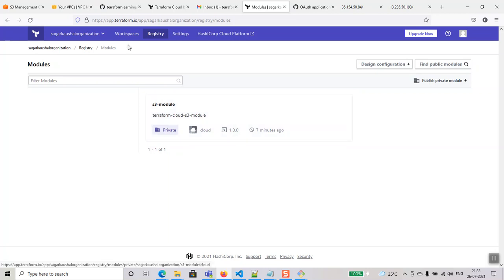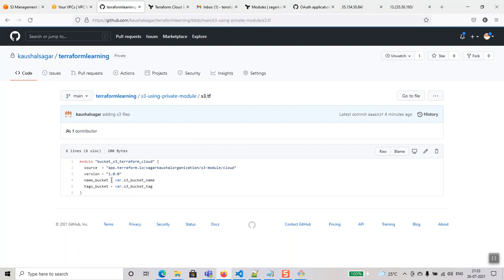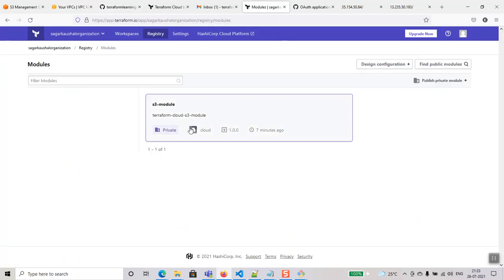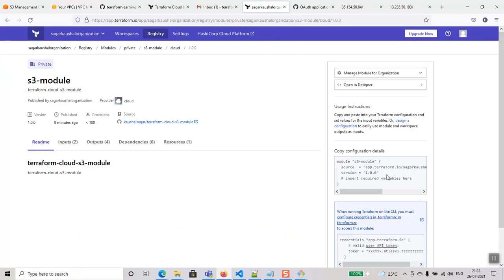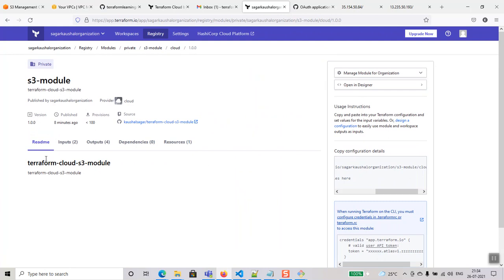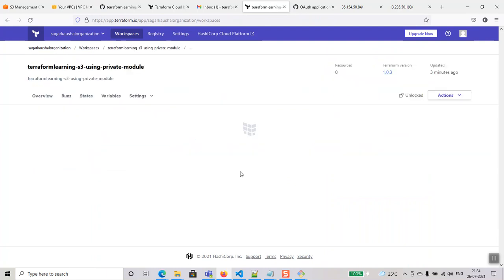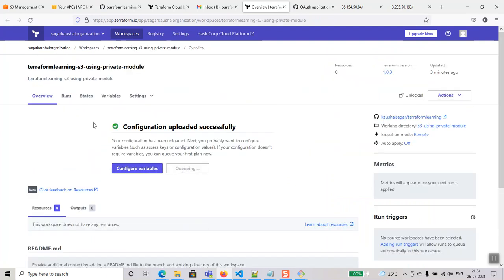with version 1.0.0, and if I go to our Terraform files, see the version is 1.0.0, the source I have mentioned here. If I click on that, the source is here. Okay, and if I go to organization and queue plan,